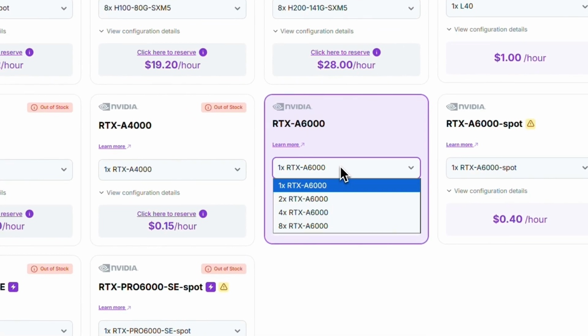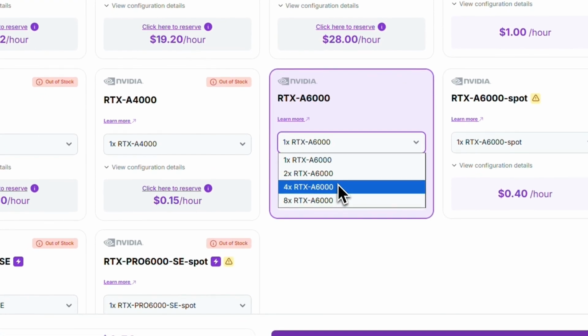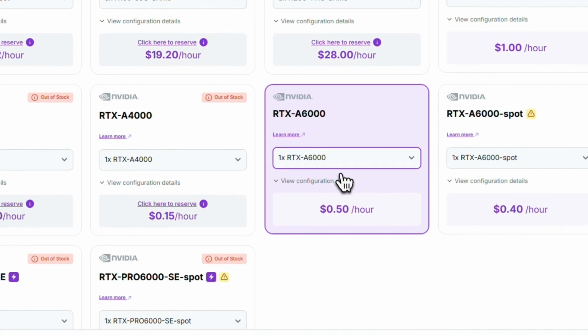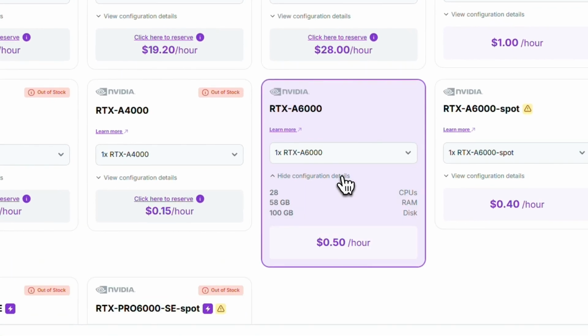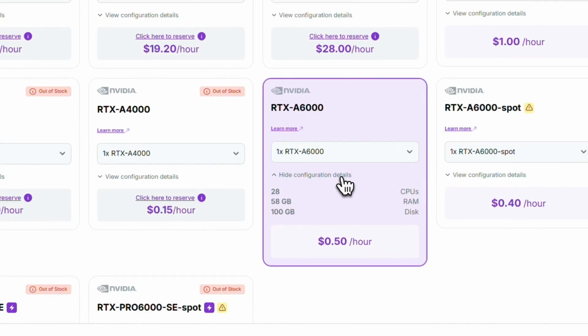Within this option, you can choose how many GPUs you need, such as 2 times, 4 times or more, based on your requirements. As you make your selection, you'll also see detailed configurations like RAM, CPU cores, and disk storage. Next,